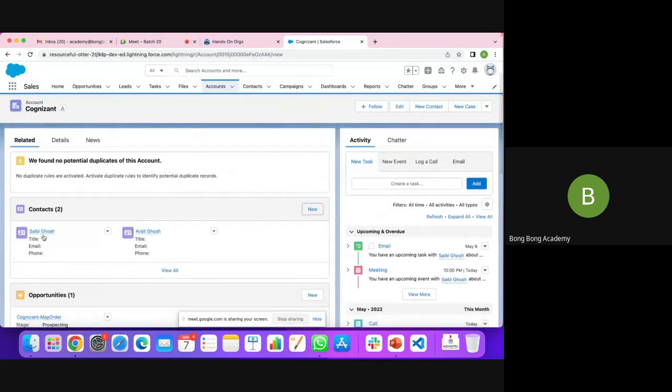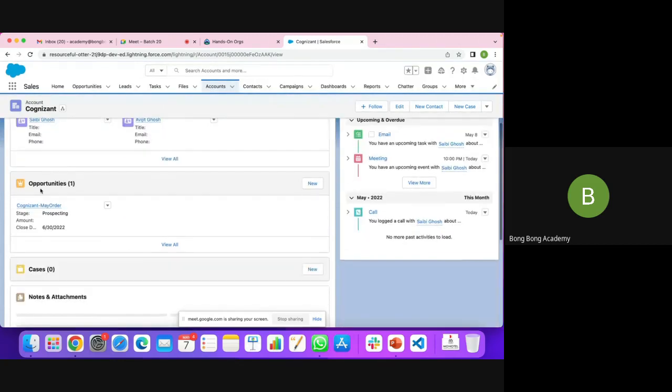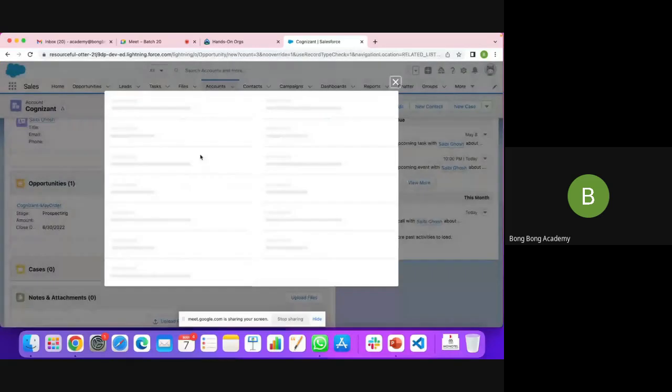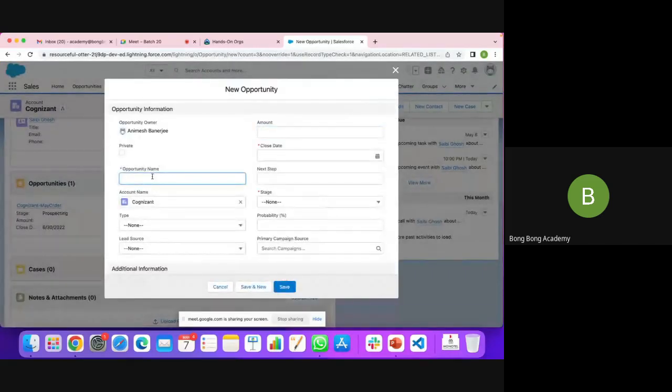So he was the initial lead. I converted him, but now I am also dealing with another person, maybe from the procurement department of Cognizant. Right? And I can have May and June order both. So this is also a one-to-many relationship. So Cognizant